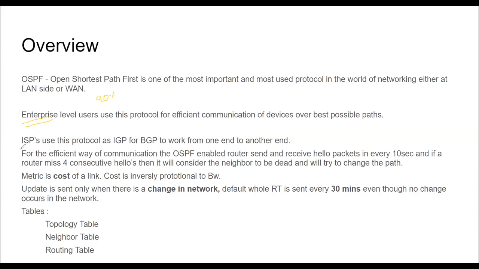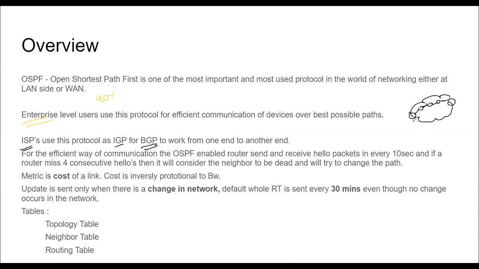Most of the ISPs use OSPF as a protocol for IGP. Last session we saw we have two types of protocols, one is IGP and one is EGP. Under IGP we have three variants: RIP, OSPF and EIGRP. Under EGP we have only one variant, BGP. So even an ISP who is using BGP on these corners will use OSPF inside for the normal reachability.